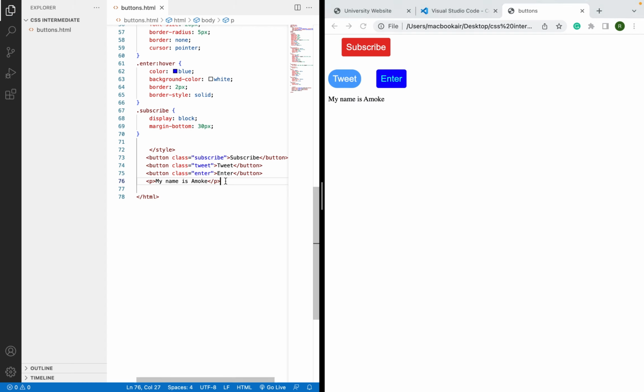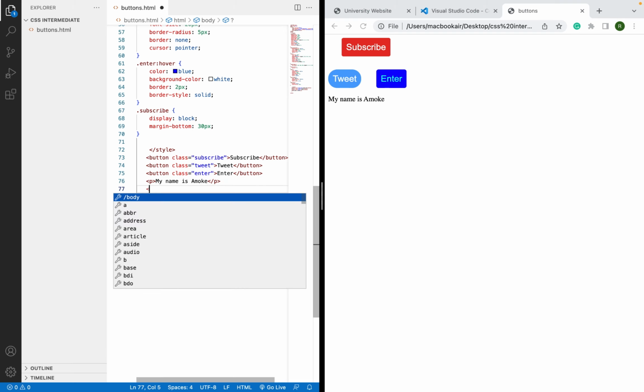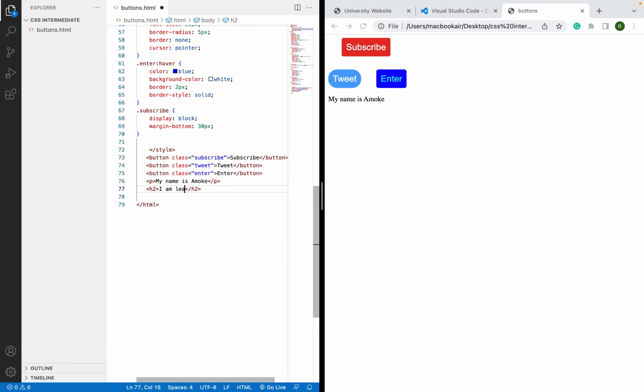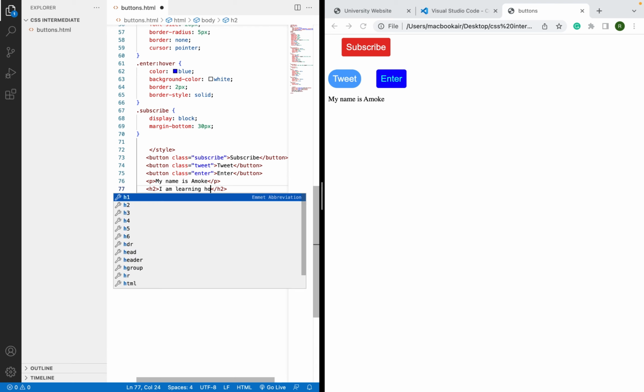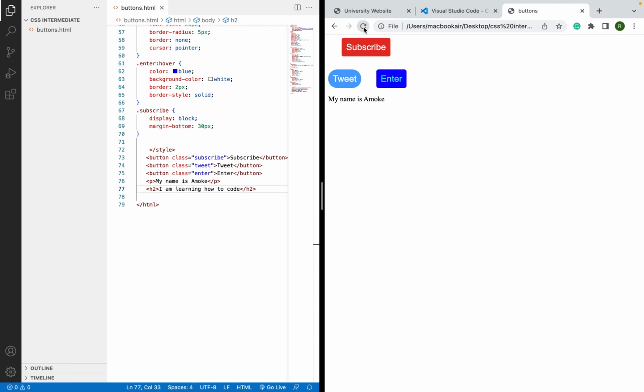So even if I come with another heading here and I say H2, and I say I am learning how to code, right? So if I refresh this, you see that my H2 takes up a separate line,